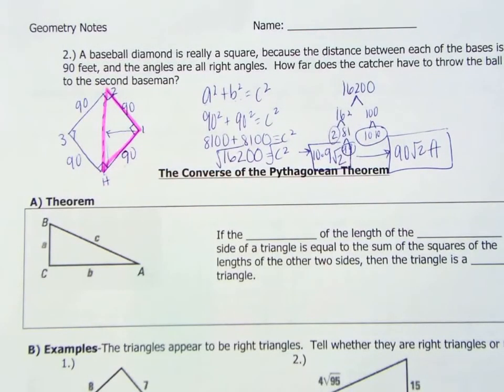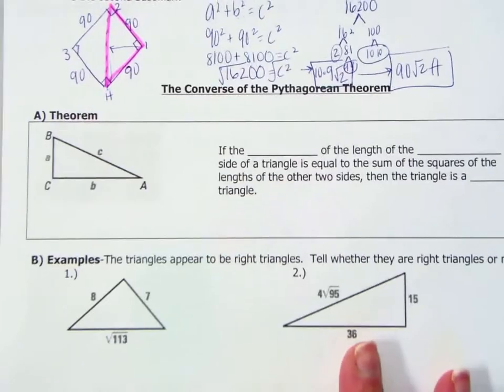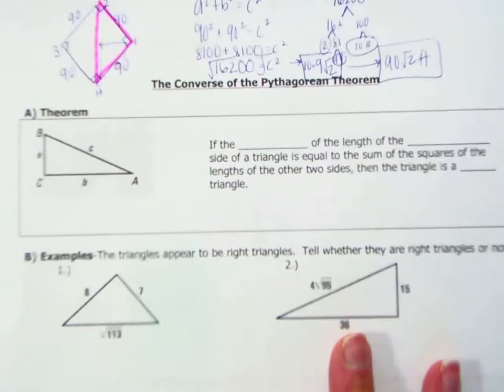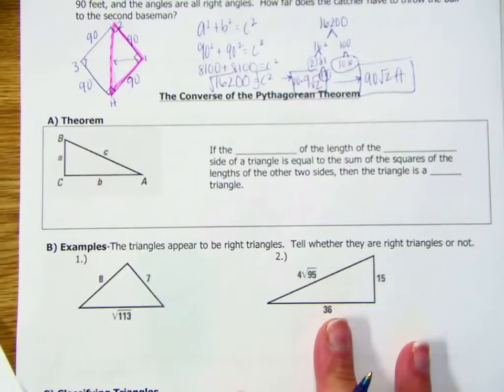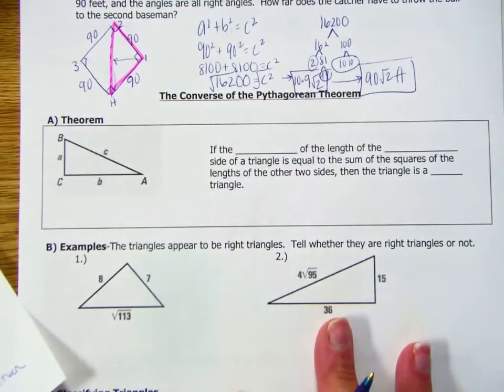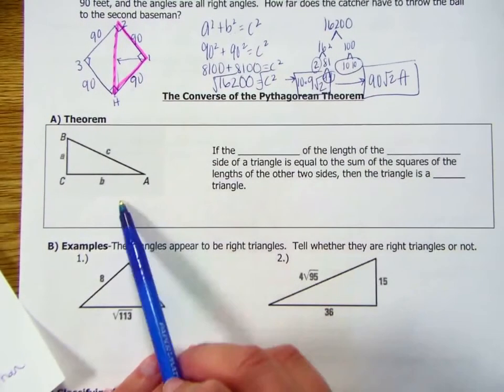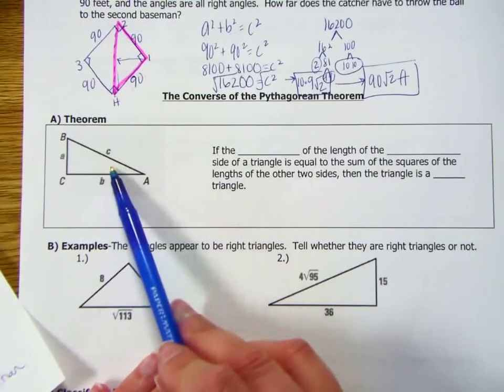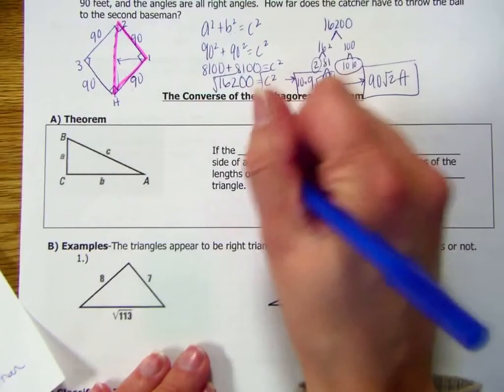All right, moving on here to the converse of the Pythagorean theorem. And what we're going to use this for is to classify triangles. So first of all, we look at whether or not a triangle is a right triangle. So if the square